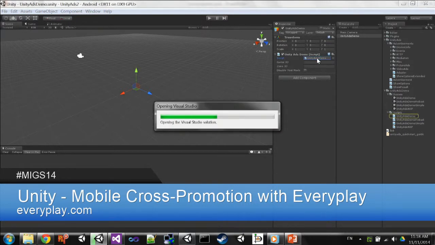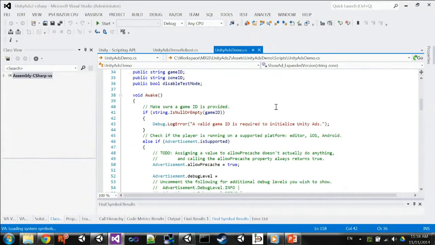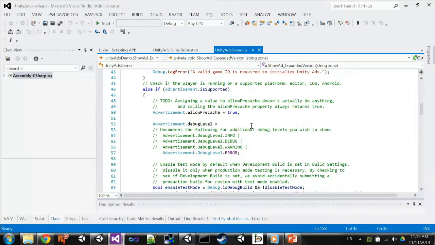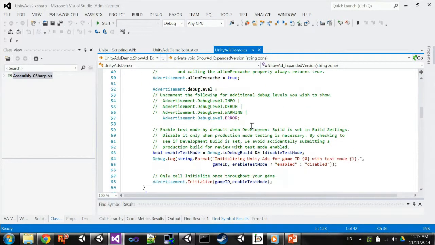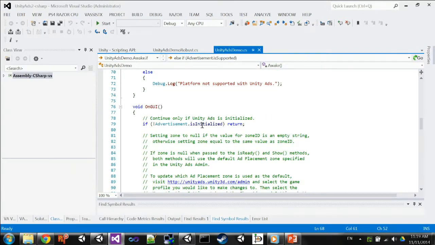If I have a quick look at the Unity Ads demo, it's really simple. If we go into our Awake, we first validate if advertisement is supported. It's not on PC at the moment. It is supported on Android and iOS. But let's say that I'm on Android, then I go here. I have a couple of settings to play with. But first thing, Advertisement.Initialize with your game ID, and whether you're in test mode or not. And then when initialize is done,